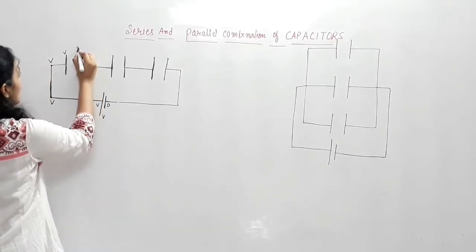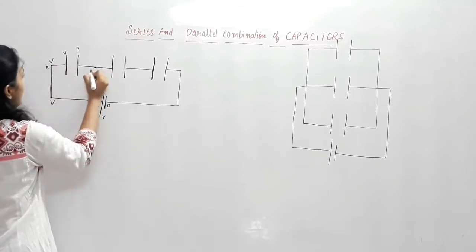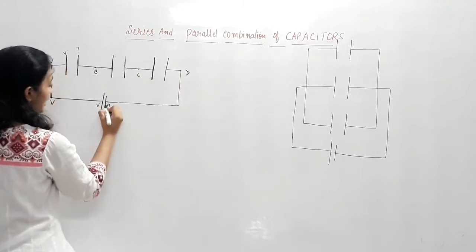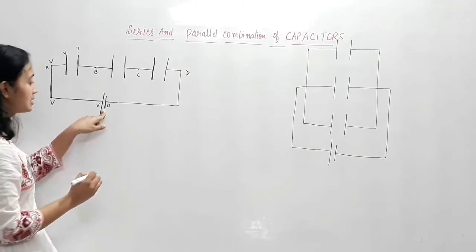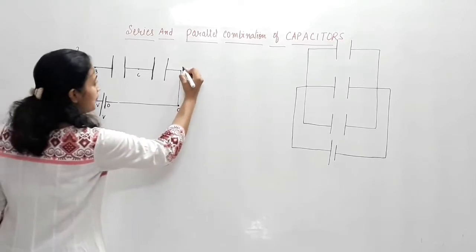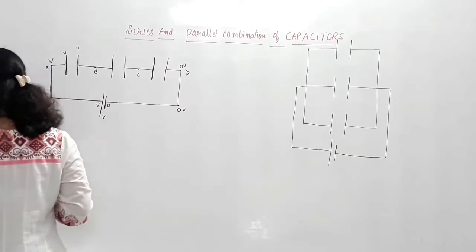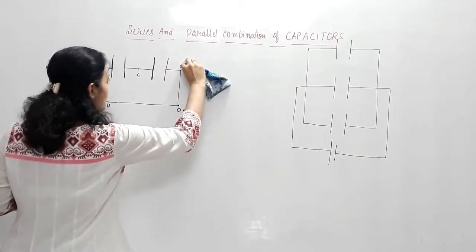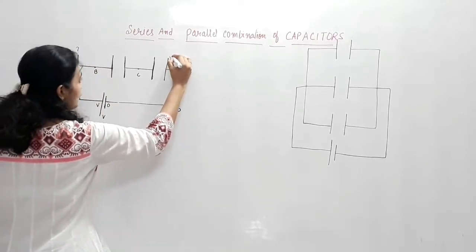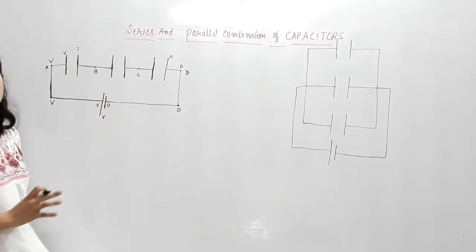Now I would like to know the potential of this particular plate. In order to know it, suppose this is point A, I am marking some points B, C and D. Here the negative pole of the battery is 0. All the points which are connected to 0 are at 0 volts. This D point is also at 0 volts because it is connected to 0. That is understood, that it is 0 volts. Then this particular plate of the capacitor is also at 0 volts. I hope you understood the distribution till here.